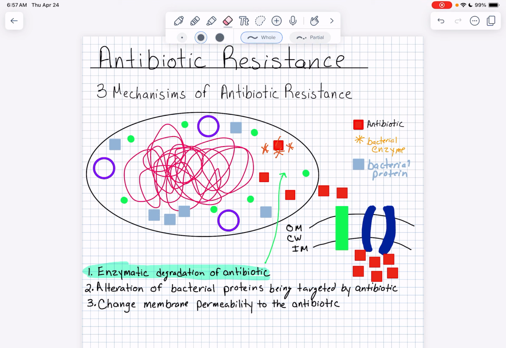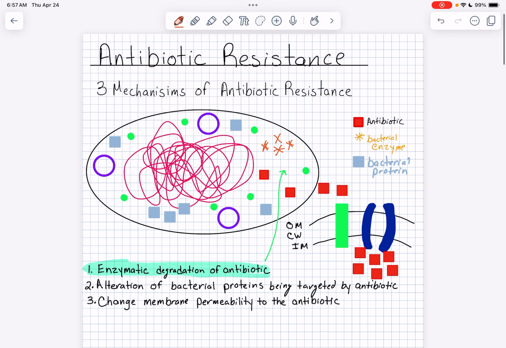In doing so, now my antibiotic is no longer together. It's broken apart into all these junk pieces. So that's one way that the cell can do it, by enzymatically degrading the antibiotic's chemical structure and thus